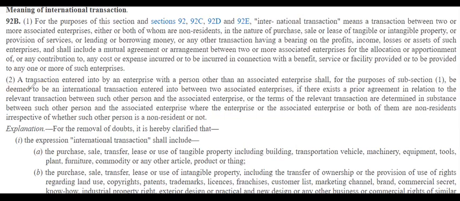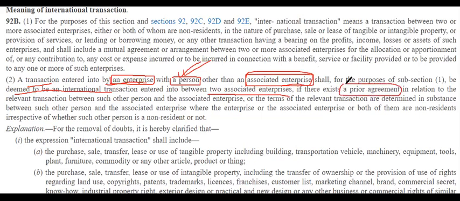A transaction which has been entered into by an enterprise with a person which is not an associated enterprise shall be deemed to be an international transaction entered into between two associated enterprises if there is a prior agreement in relation to the transaction,